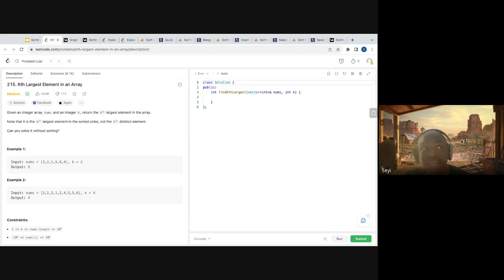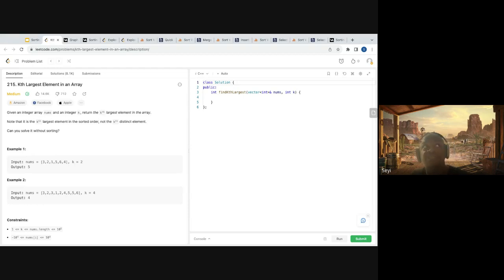it means that, for my kth largest element to be at the top of the heap, it could either be a min heap or a max heap. So if it's a min heap, it means that all the other elements in the heap are smaller. Sorry, I got that wrong. If it's a min heap, it means that all the other elements are greater. If I'm at the top of a min heap, that means I'm the smallest in the heap. That means all the other elements are bigger than me. If it's a max heap and I'm at the top, that means I'm greater than all the other elements.